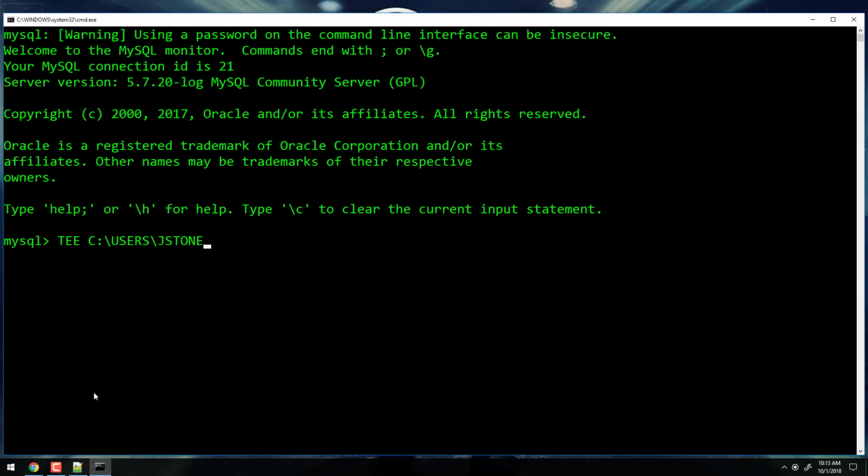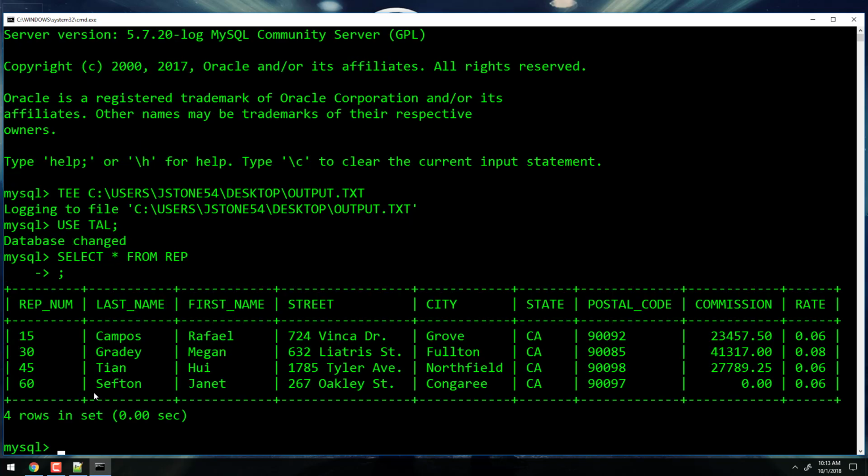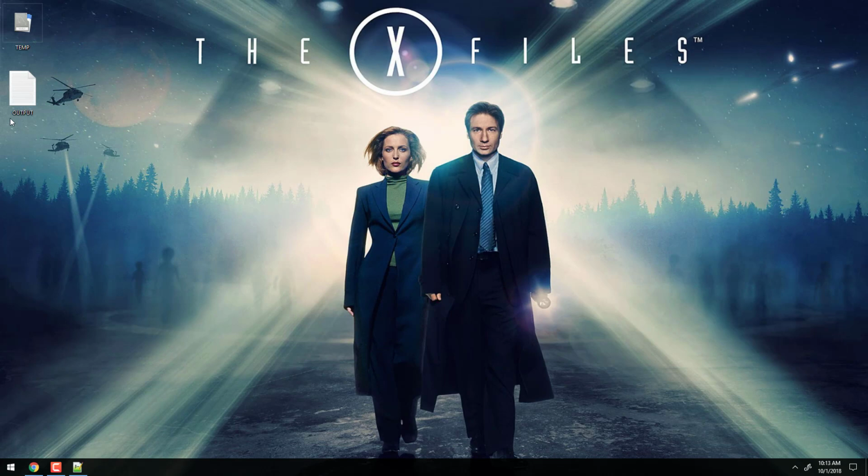C:users, JStone54, desktop, and output text, and then I say use towel and select star from rep, just something quick. Oops, exit. Okay, now if I look at this file,